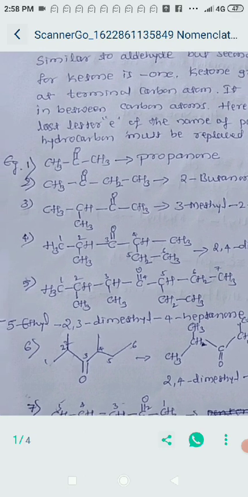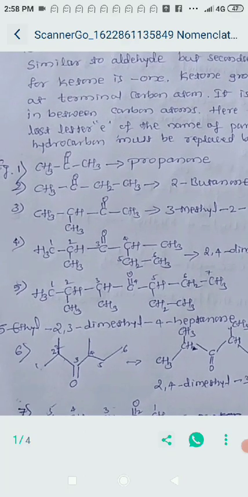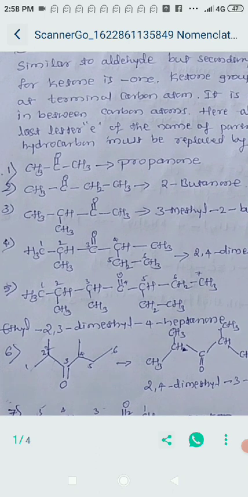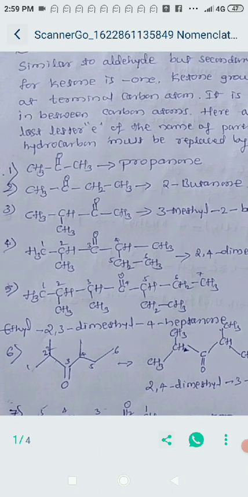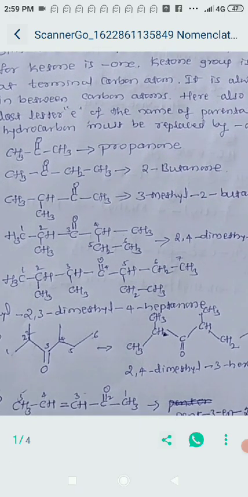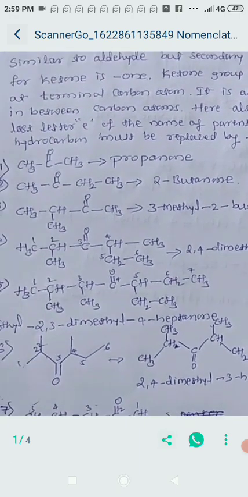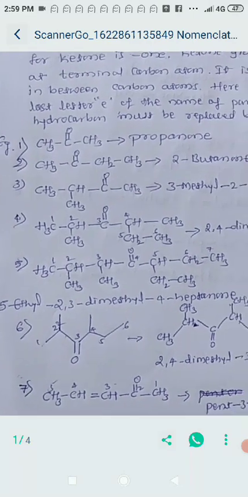The next example, the third example. You give the numbers from the right side, begin the number from the right side, the second carbon atom possessing the ketonic group and the third carbon possessing the side chain. So that is why 3-ethyl 2-butanone. And fourth example,